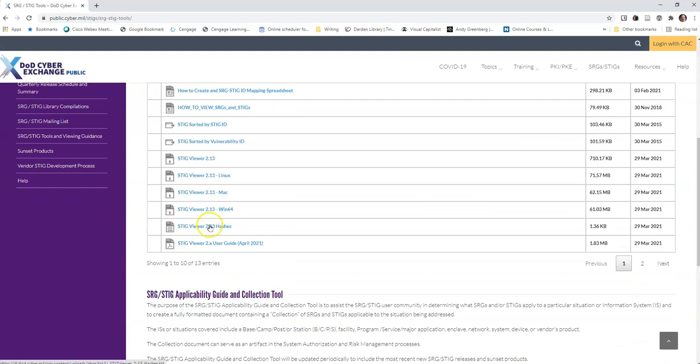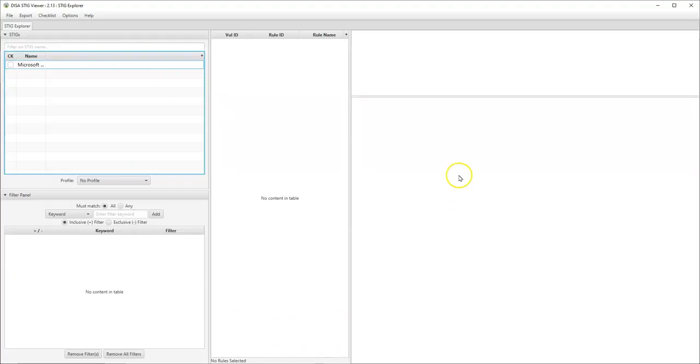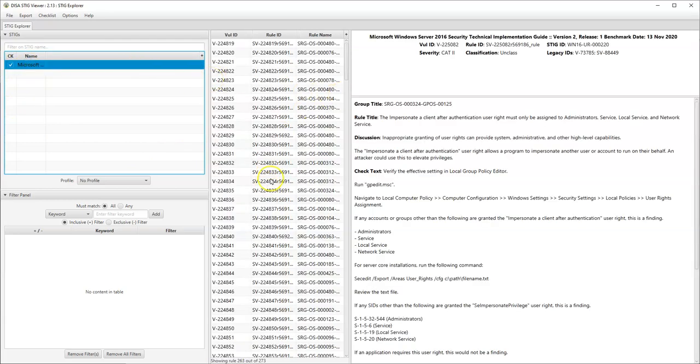and I have the STIG Viewer. This is the Windows version. We can have Mac and Linux versions. This is the little program that you download, and when you extract that program, you get this nice little viewer here, which actually pulls in all the data files that are encapsulated into that package in one handy little setup. So I'm going to go ahead, and this is the one that we downloaded for Windows,